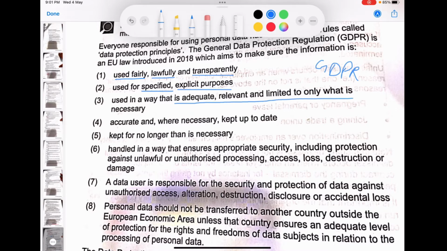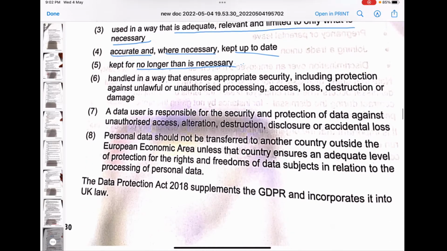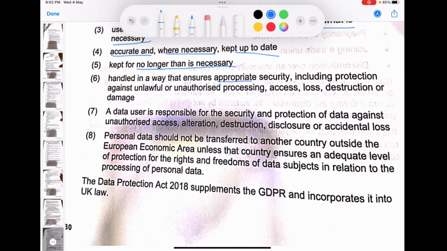adequate, relevant, and limited to only what is necessary or what is required, accurate, and where necessary, kept up to date, kept for no longer than it is necessary. So, if the work is done, you need to remove the data from there. Handled in a way that ensures appropriate security, including protection against unlawful and unauthorized processing, access, loss, destruction, or damage. A data user is responsible for the security and protection of the data against unauthorized access, alteration, destruction, disclosure, or